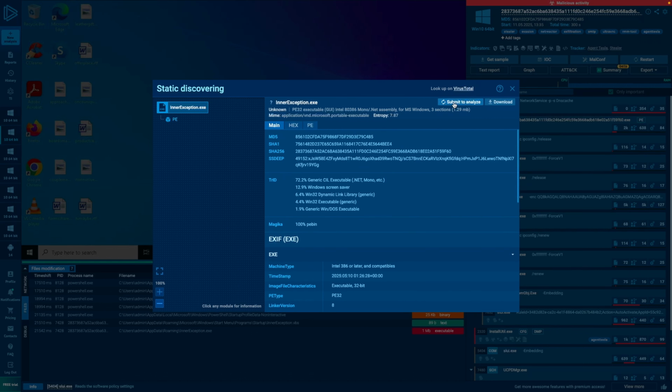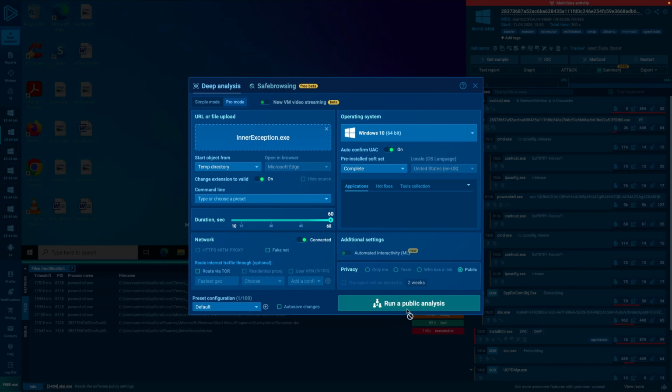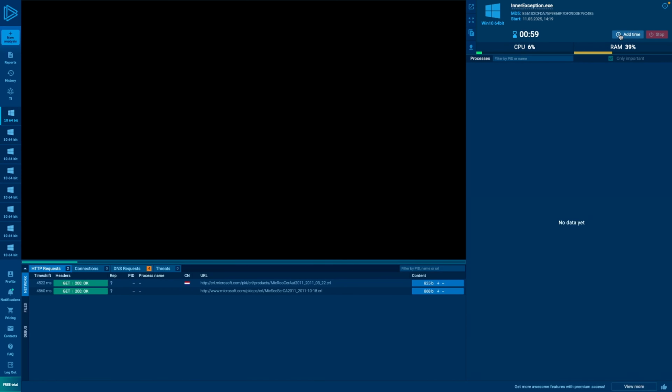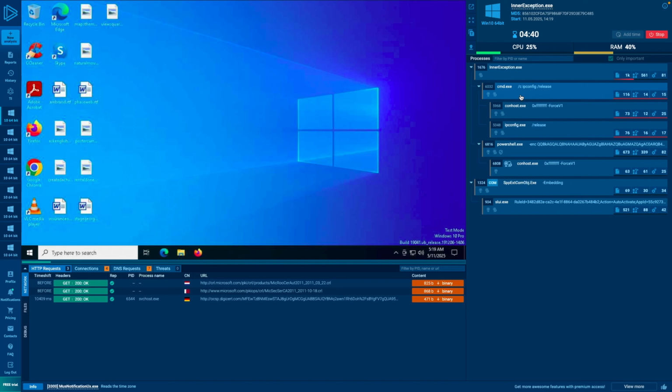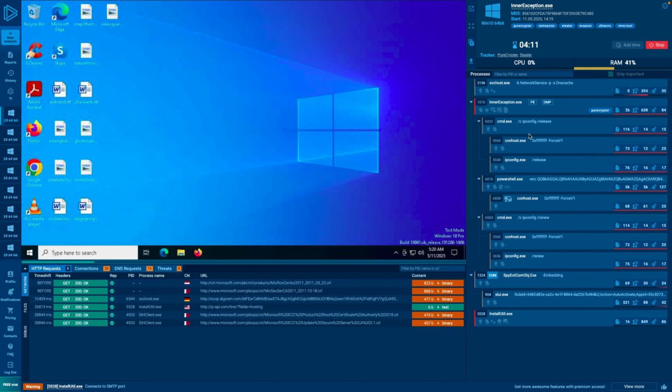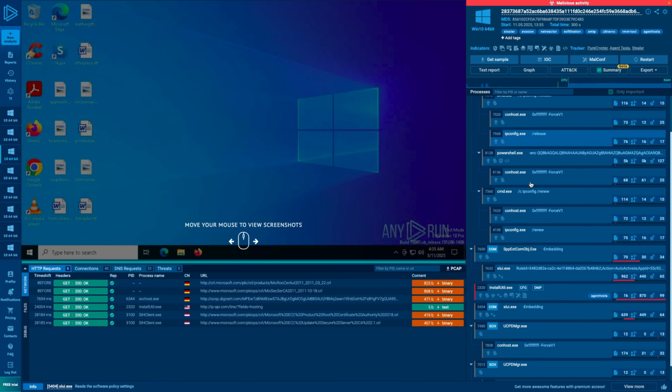Let's try that. Click on run a public analysis. Let's go ahead and add our time. Right away, it spawns a cmd.exe with an ipconfig, pretty much the same behavior as our file of interest that we just analyzed. Going back over to my analysis, and if we head back over to the attack tab,